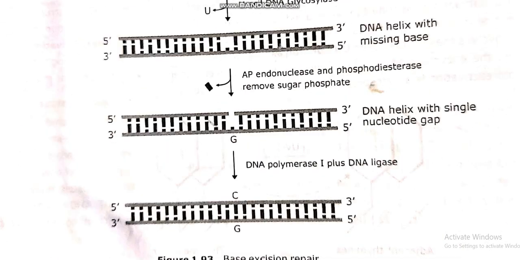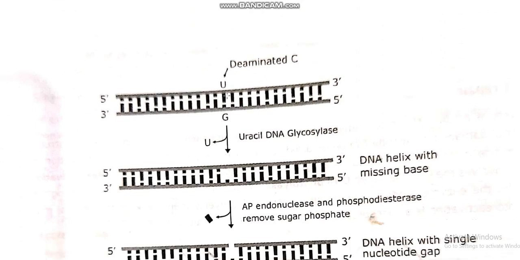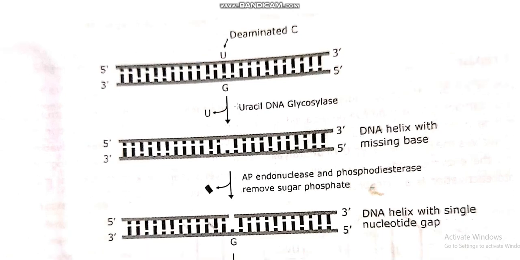So in this type of base excision repair, if deamination is there, in place of C, uracil will be attached, or our DNA polymerase attaches the uracil in place of cytosine. Is that clear? So by default, our DNA polymerase will add uracil in place of cytosine. So if this is a kind of DNA damage, in place of C, there will be U.